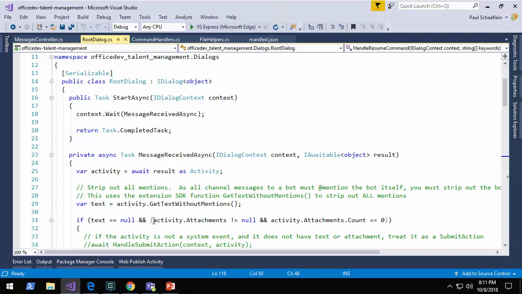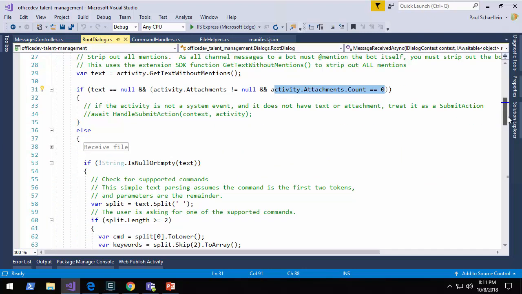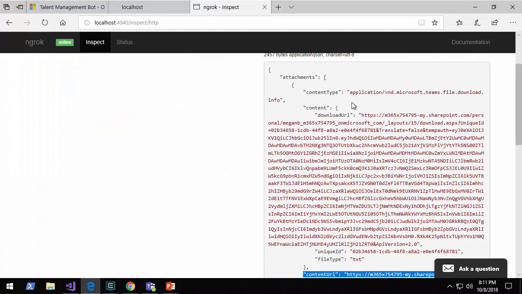I am now checking if an activity has an attachment, and if the attachment count is greater than 0, then I'm going to look and see, well, there are lots of types of things that are attachments. So before we can go on and say that this is a file, I want to actually look at each attachment and look for that content type. And if you remember in my message here, I have the content type, which is this string of